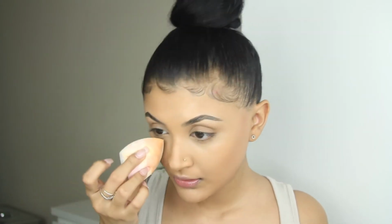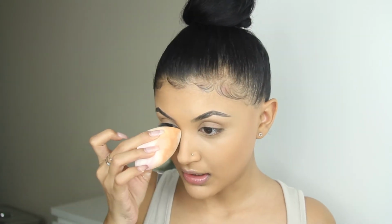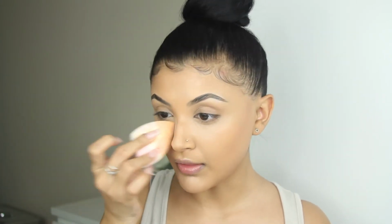I'm gonna just use the sponge and then I tap it onto the back of my hand. This evens out the coverage when it goes on your face. So just do a line down the side of your nose and then tap the rest. That's the only thing about matte for me. I feel like it creases in areas a bit more, so